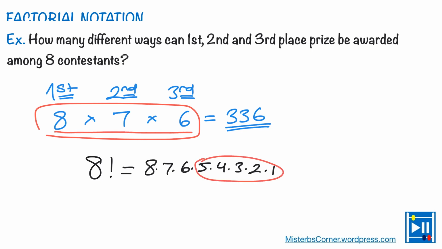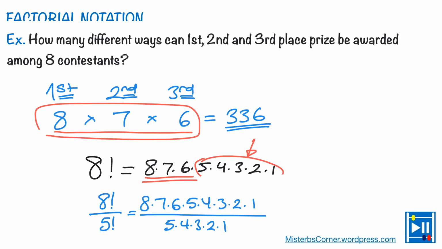This is 8 times 7 times 6, which appears in 8 factorial, but there is this bit too. But look at this. This means it's 5 factorial. So for this calculation, if I end up with 8 factorial over 5 factorial, then I'll have the products, right, of which I can just simplify these